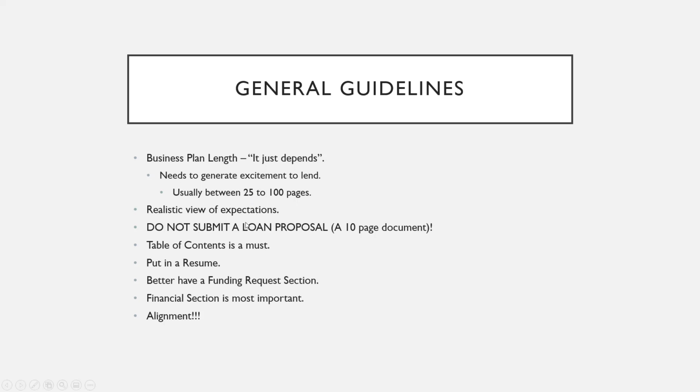Have a realistic view of expectations when you're doing your financials. The SBA, please remember, are not specific industry experts. They may look at one industry, they may look at 100 different industries in a day. So they're not going to know that maybe the nail salon industry has higher profits as compared to a retail store. So when you're writing your financials, even though your industry may have significant profits, you might want to tone it down a little bit, because it might trigger skepticism from the reader. So just keep that in mind.